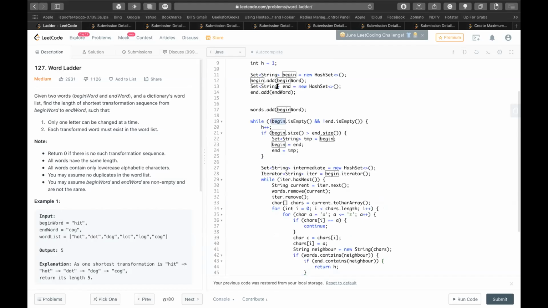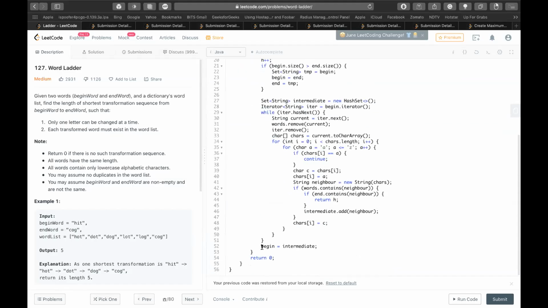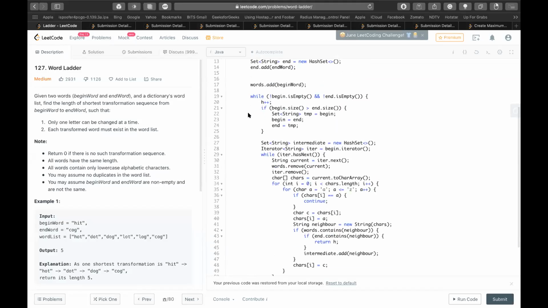Because you are actually trying to iterate both from the beginning as well as the end. I don't see where. Okay, because it's swapping it always. At the end of the while loop, I missed that, he swaps so that begin equals intermediate. Whichever is smaller, since I'm iterating only over the begin, I made sure that begin is the smallest list before iterating. So I am assigning that intermediate to begin itself. For the next iteration, the size comparison happens, and you'll pick one of them.